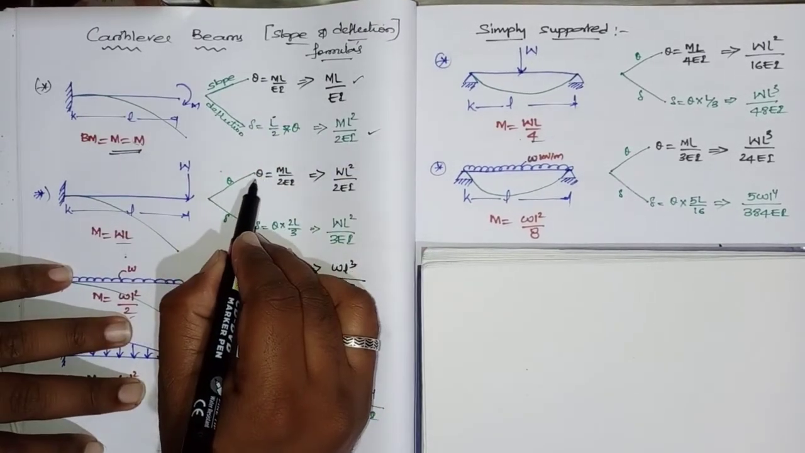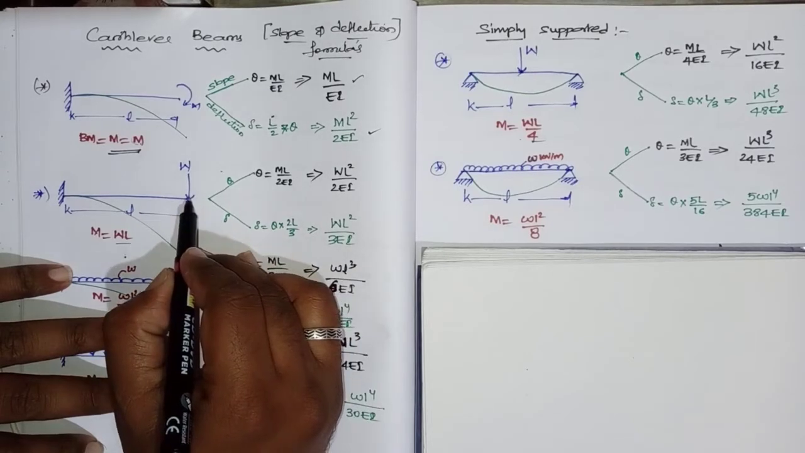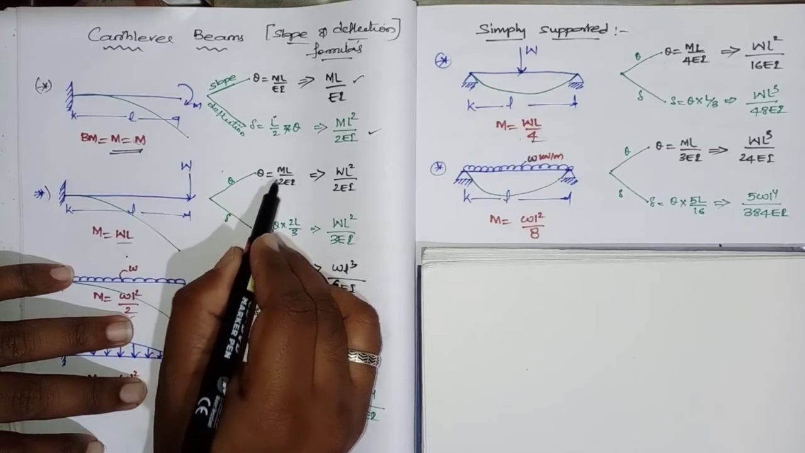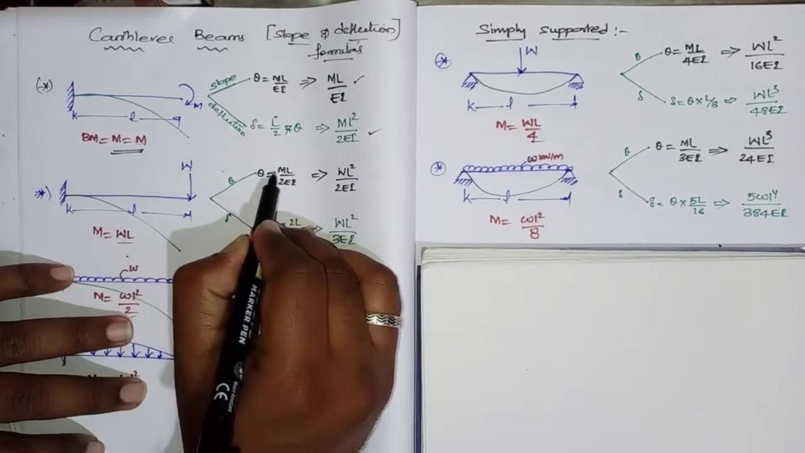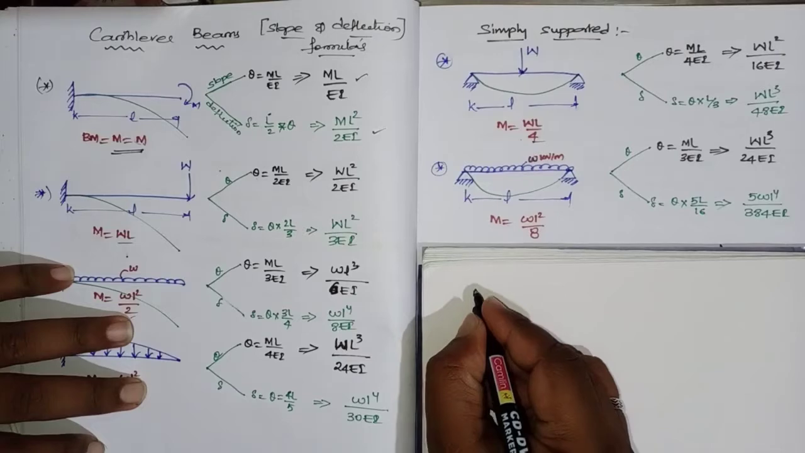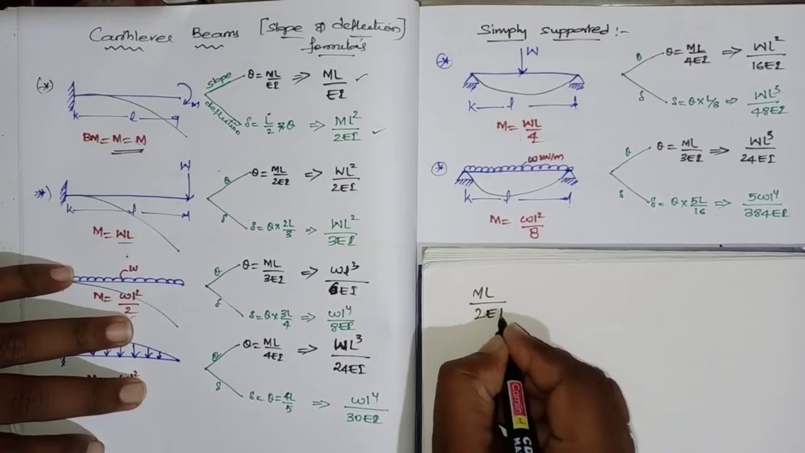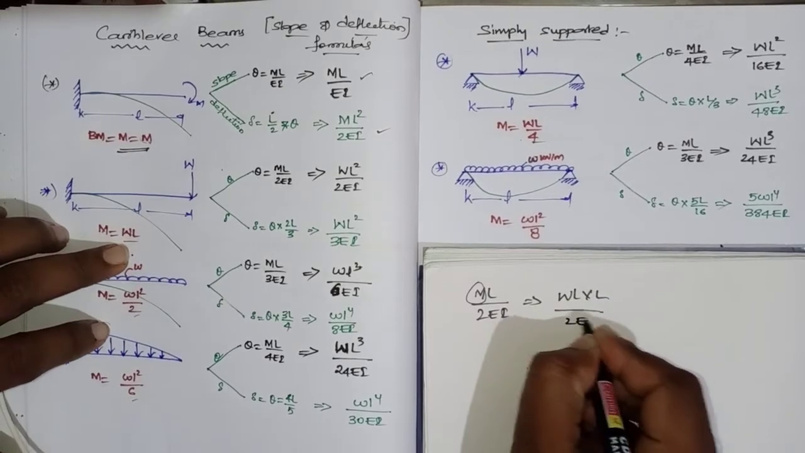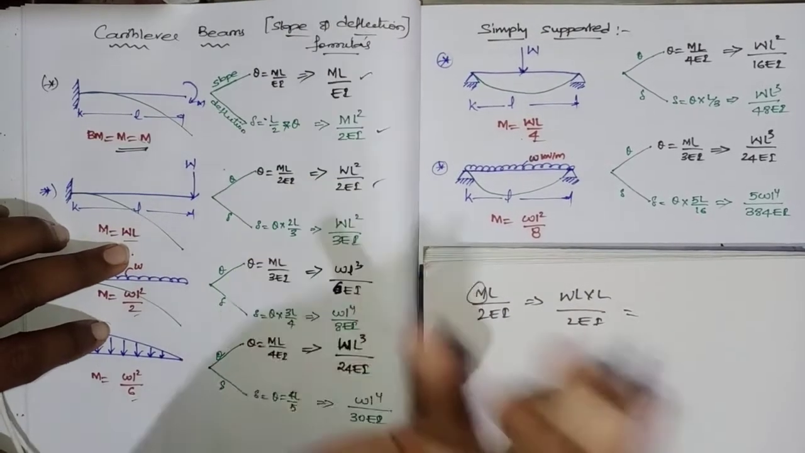Whereas for a cantilever beam carrying a point load at its free end, theta equals ML by 2EI. What is M? WL. So W into L, I am substituting here. So M means W into L by 2EI, and what remains is WL square by 2EI. Next,